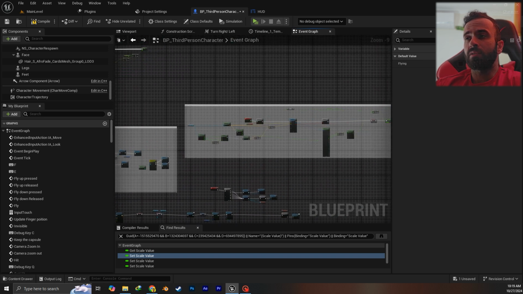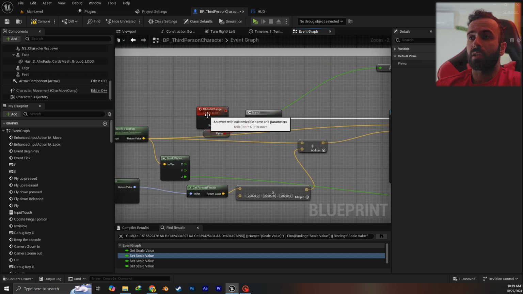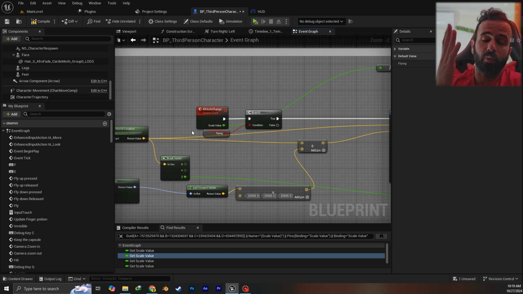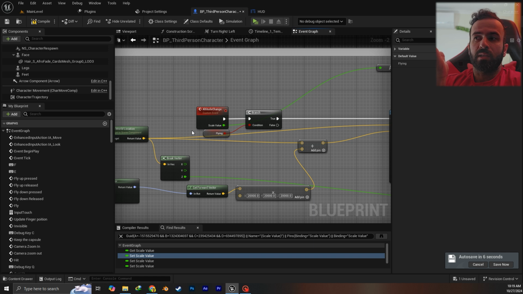I have something else called altitude change, and it's based on event tick, both event tick and when the character is using the joystick. When the player is using the joystick, the scale value is more than 0, and if that and flying mode is enabled,